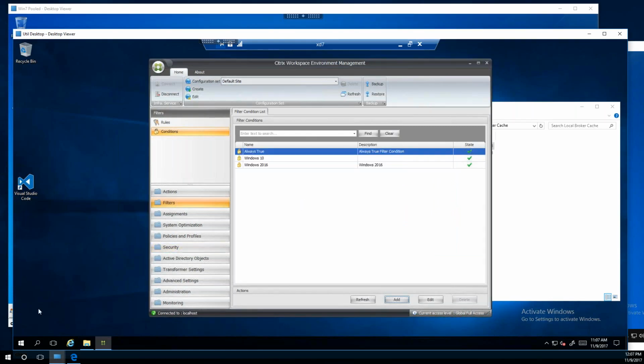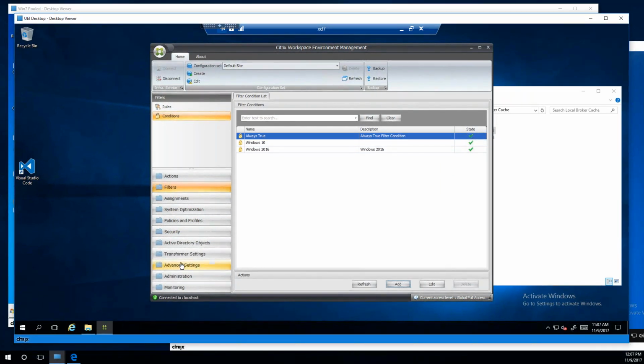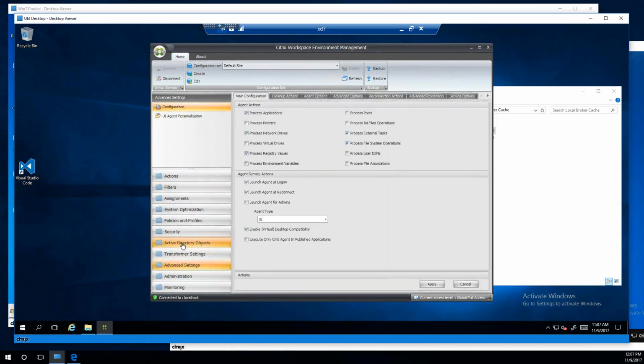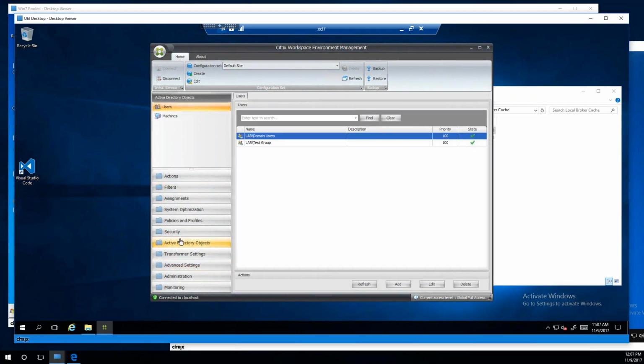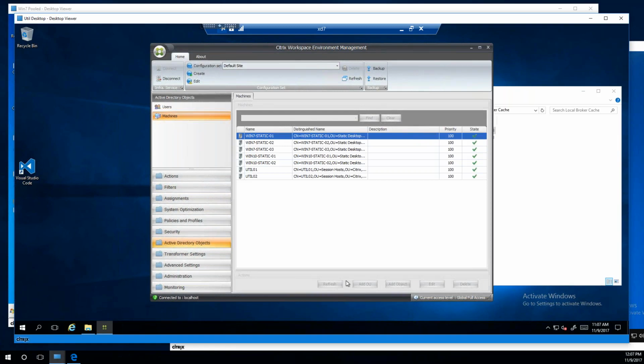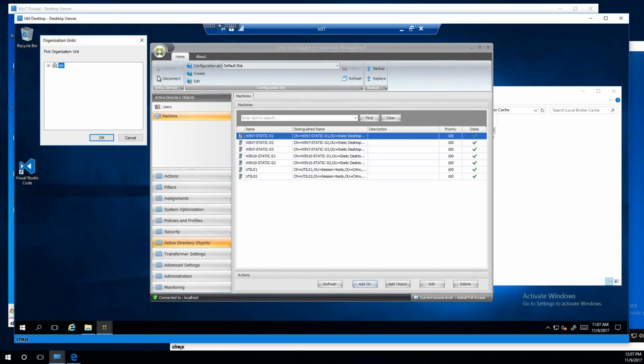Yep. Great on filters. Let me run over to OUs and AD objects, because this always confused me in the interface, how that works and how you populate it. Graham's asking that he can no longer see the OUs he's added in the Active Directory objects machines node. I know they're there because when I try to add them again, it says they're already there. Any idea what's causing that? Maybe also address how you populate that as well.